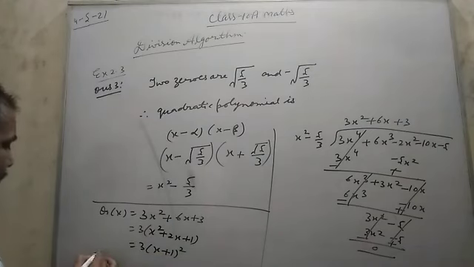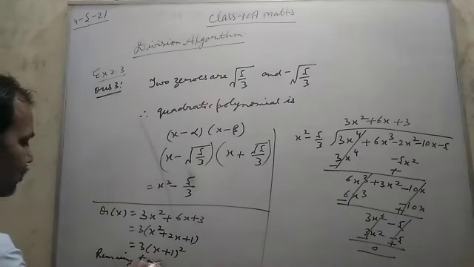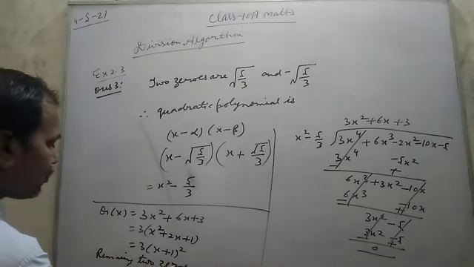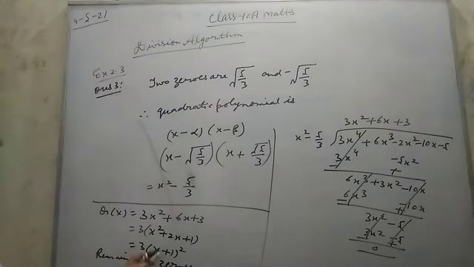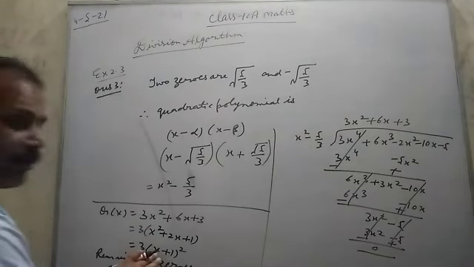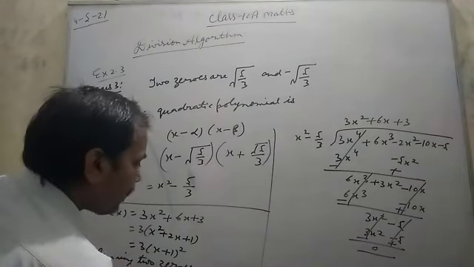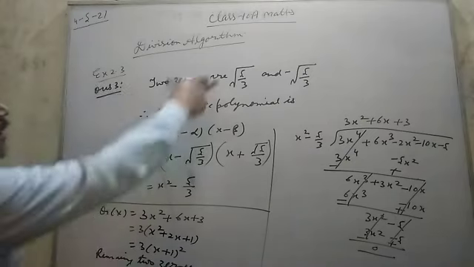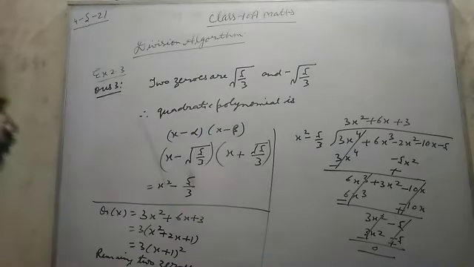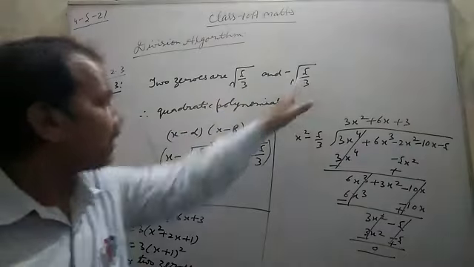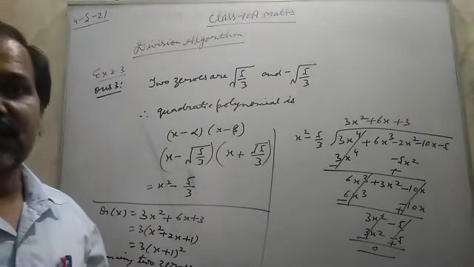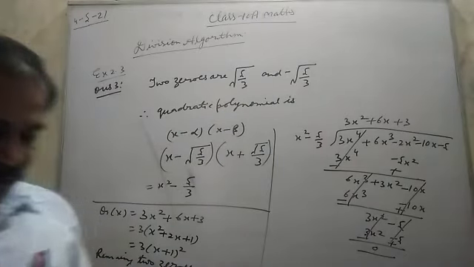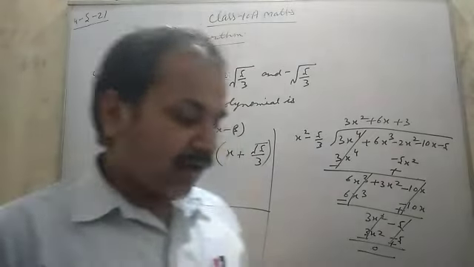So separately, the remaining two zeros are, okay, x plus 1 whole square means x plus 1 into x plus 1. So separately you put 0, so x is equal to minus 1, both will be minus 1, minus 1, and the remaining two zeros. Okay, so the 4 zeros are this and minus 1 and minus 1 also. Okay, and the remaining two questions are optional, so